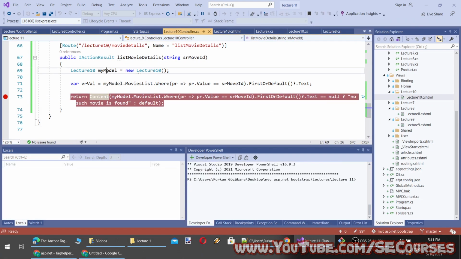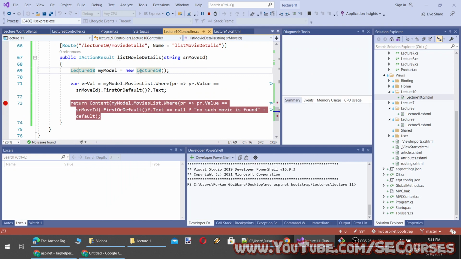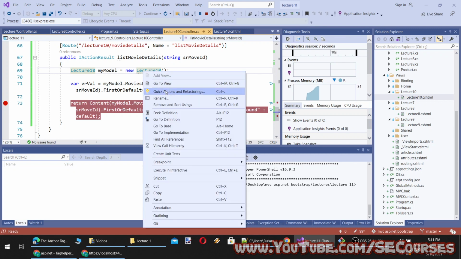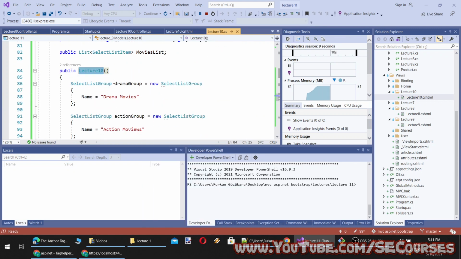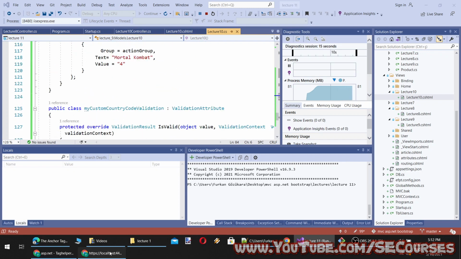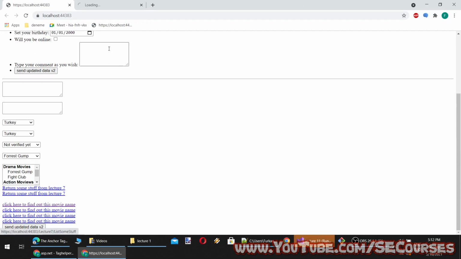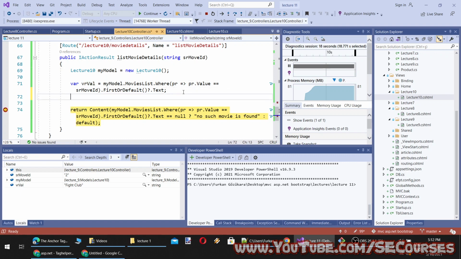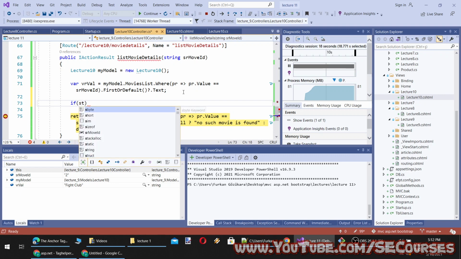Once we generate an instance of lecture 10 model, it should automatically initialize the movies list, because we are initializing it inside the constructor. Here you see this is the constructor and we are initializing the list. So where is the problem? Let's find out. Okay, the movie ID is here, value is here, and I think the default value is the problem. Yeah. So let's make it like this. Okay, string